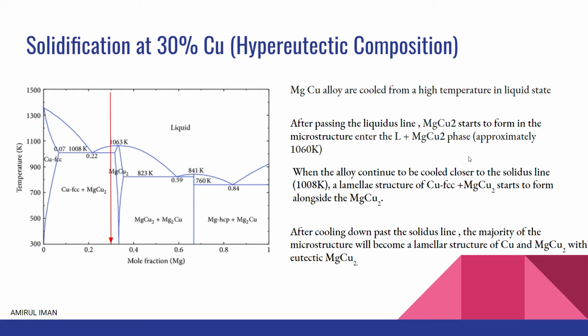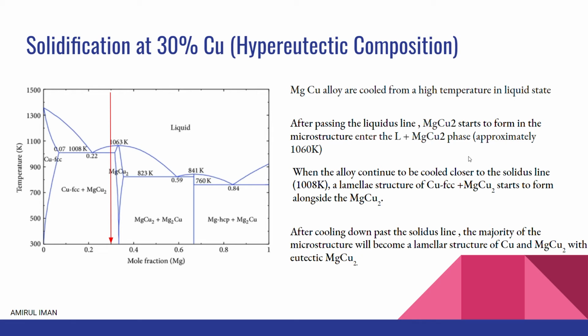After it passes the liquidus line, the microstructure will have liquid and MgCu2 phase. As it cools down again, approaching the solidus line, the copper solid started to form